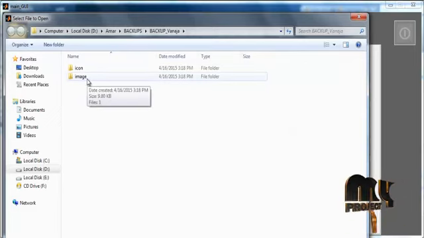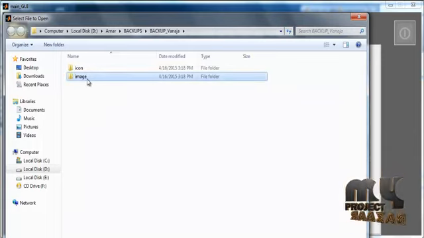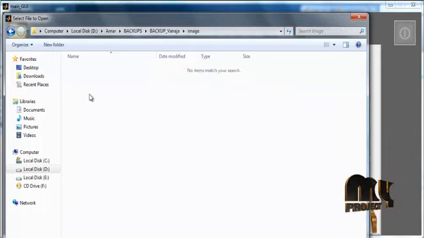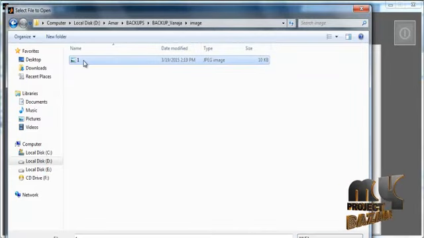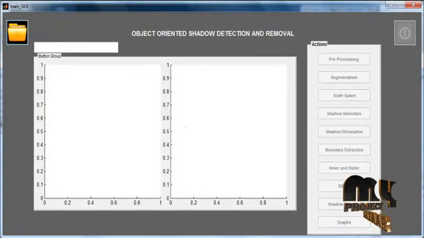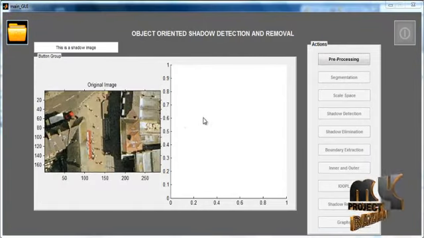Now the dataset folder will open, named image. Select the image from the image file.